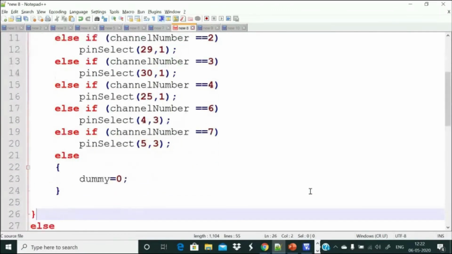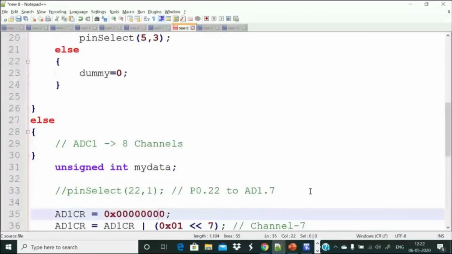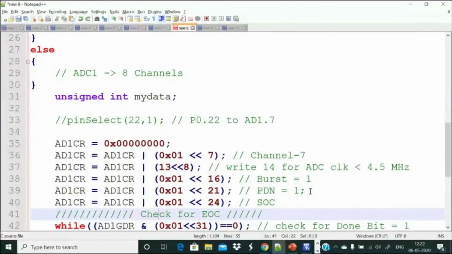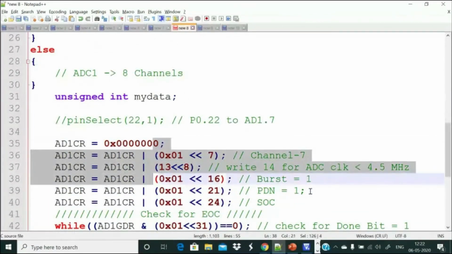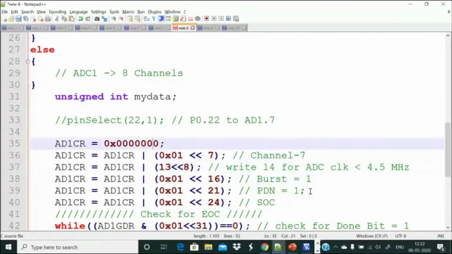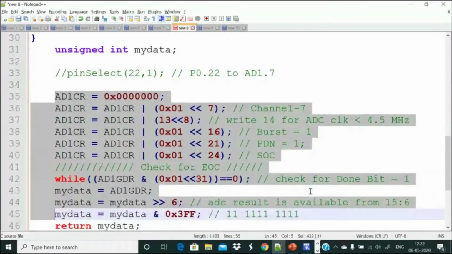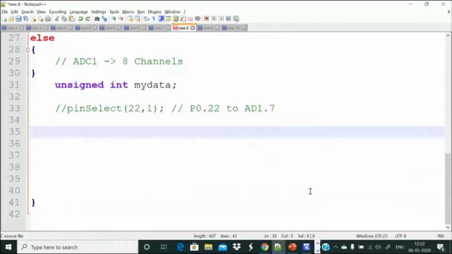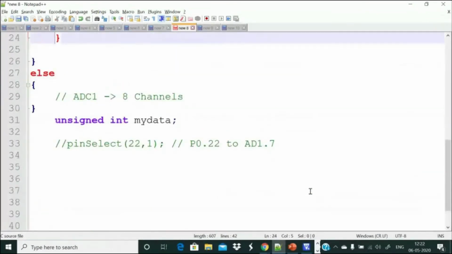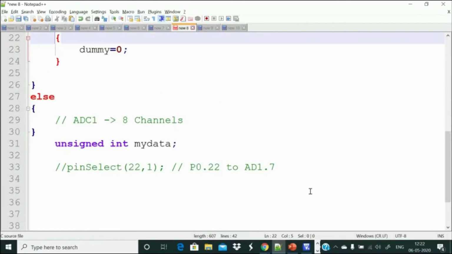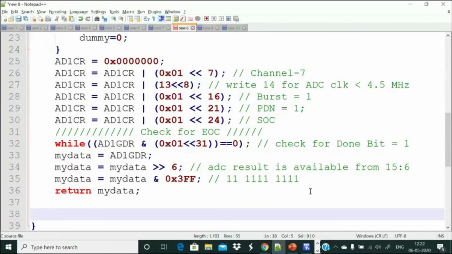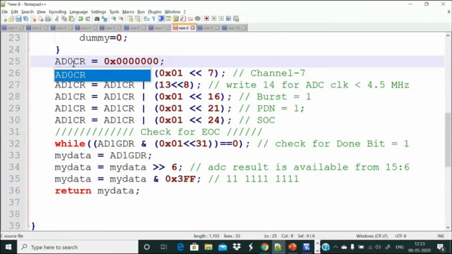Once you assign this, then we have to use this functionality for dealing with ADC 0. So I just cut this and paste it here. So I put the ADC 0 control register.